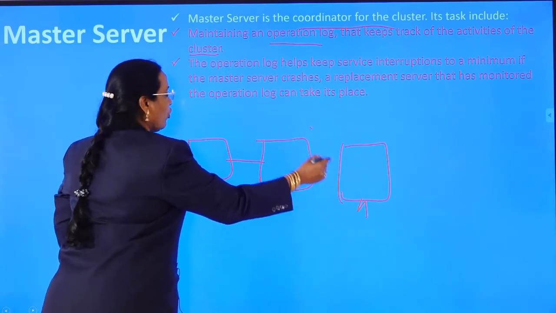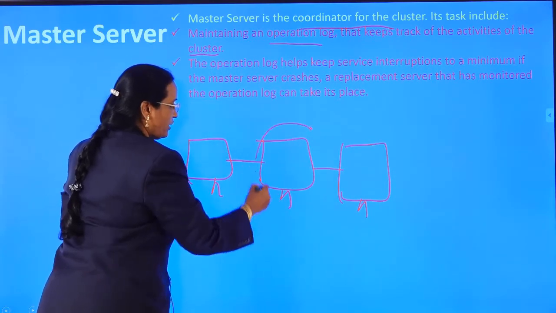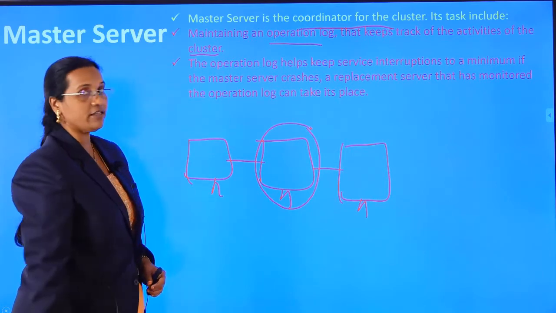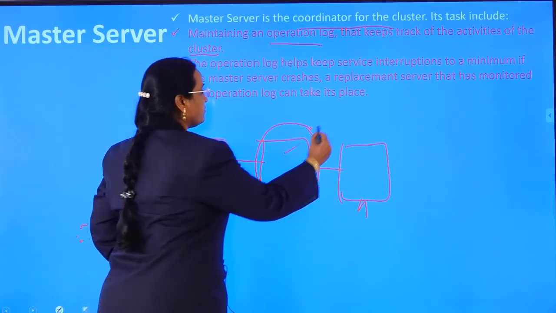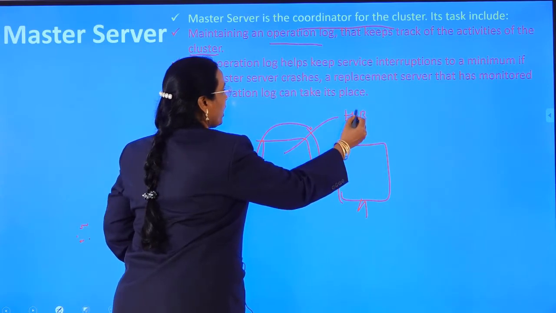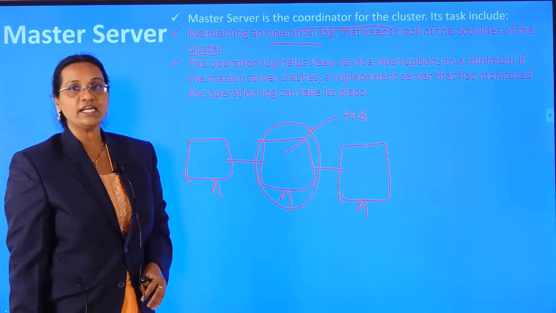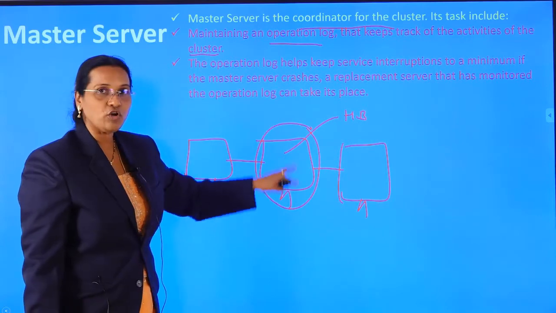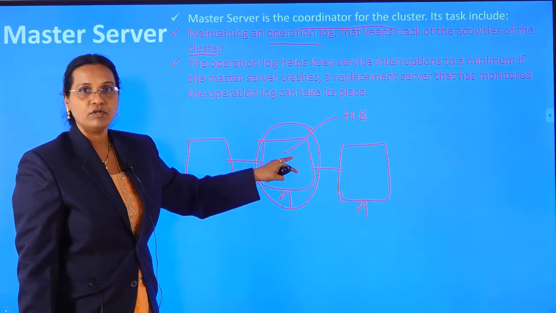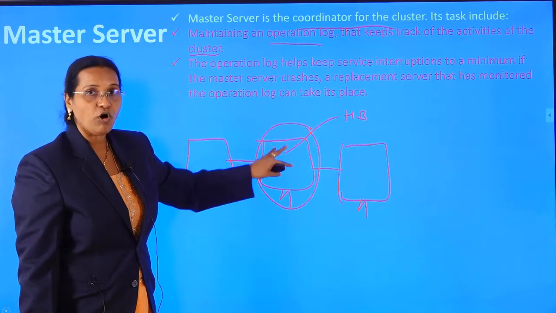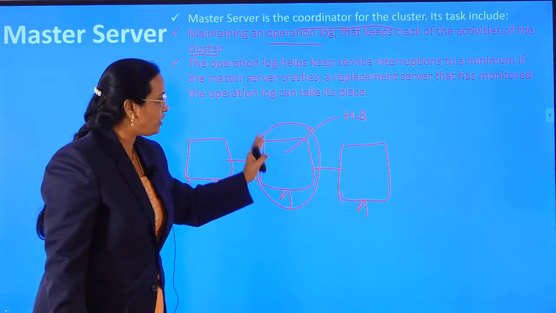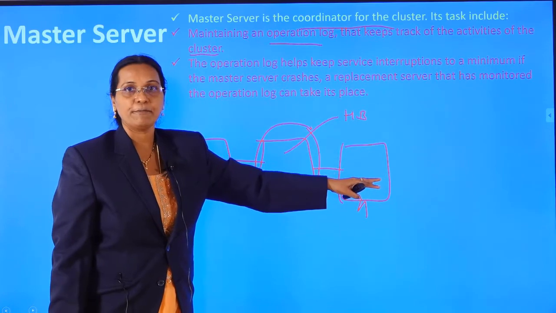If suddenly this node stopped working, how do I know that it stopped working? The name node is not getting the heartbeat. When the name node is not getting the heartbeat, that means something went wrong with this data node. So what should I do? Whatever data is held by this machine has to be replaced onto whichever node is free.